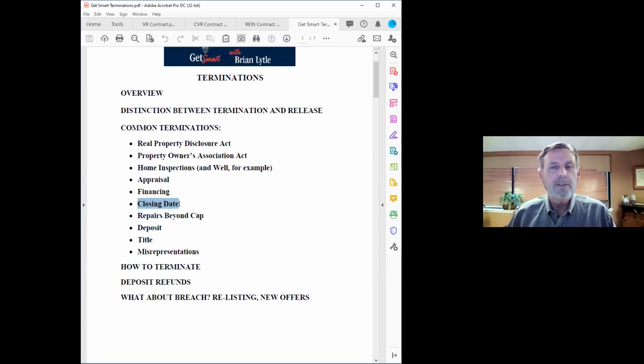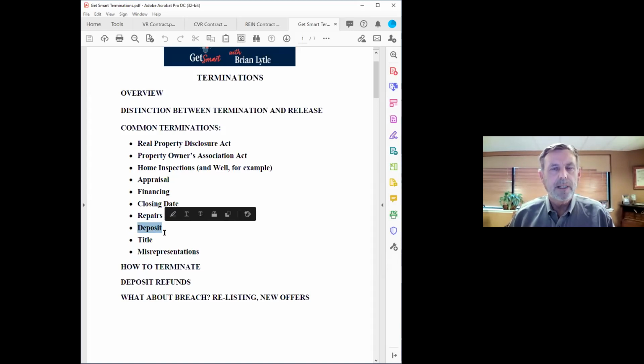In the RAIN contract, for example, there's a specific provision, we've talked about this many times: if the deal isn't closed by the specified date, then the party not causing the delay, or the party not responsible for it not closing, has the ability to officially terminate the contract. At least BR and RAIN have a version of a repair cap, with specific ability to terminate in the event the repairs are beyond the cap, or somebody's not going to pay for it, that kind of thing.